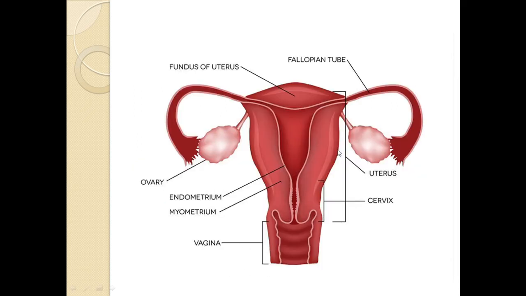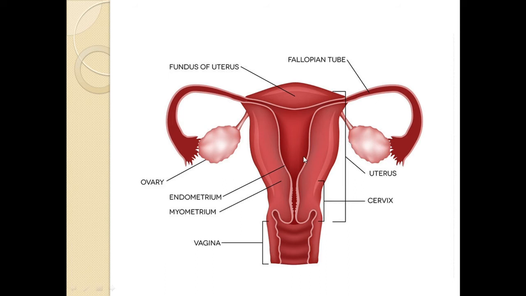Here you can see the structure showing the three main important parts of the human female reproductive system. The first part is the ovaries. See, there is a pair of ovaries. These are the primary female sex organs. This one is the first ovary and this is the second. This pair of ovaries produces the female gametes, that is the ovum or egg, as well as several steroid or ovarian hormones. These two are the ovaries.